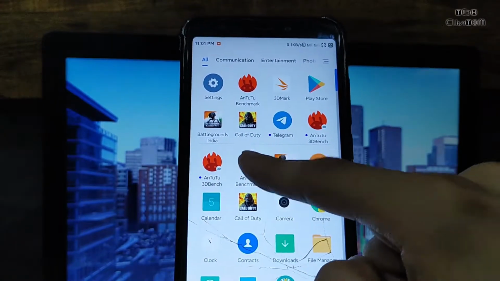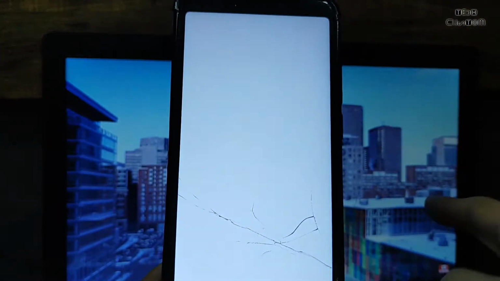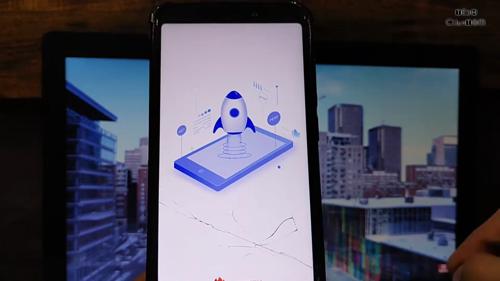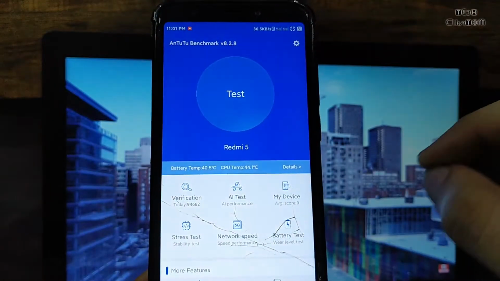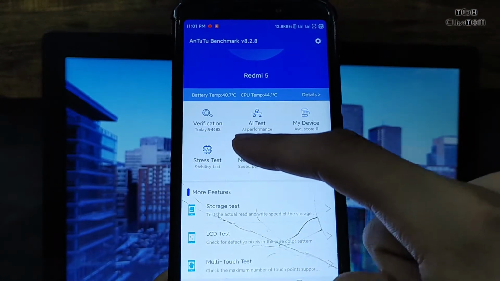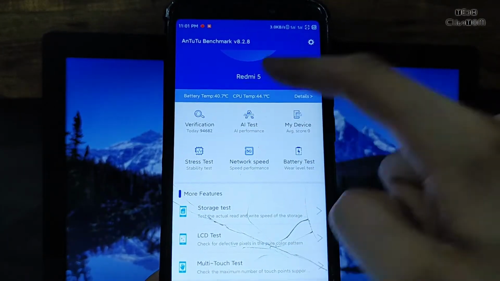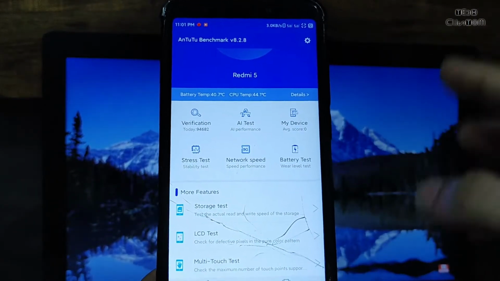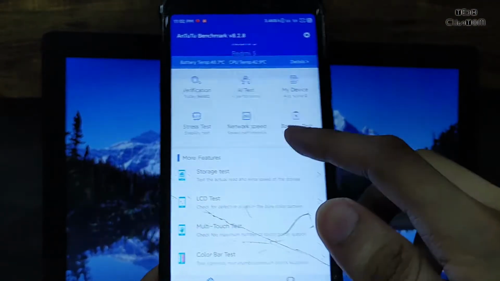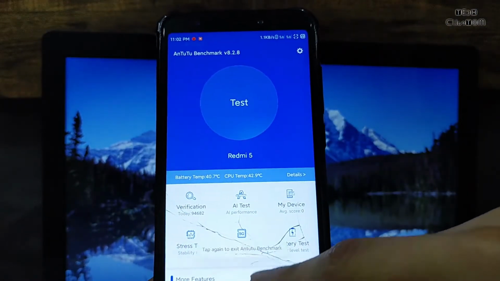And let's check the Antutu 3D benchmark test, it is not completing in this ROM. If there is any bug in this ROM, I will write it down in the description, so you must check the description. Reading mode is a bug. AOD reading mode, I found two bugs. And here is the 40.7 degree increase in the temperature. You will get 42-43 degree temperature while you are charging your device idle charge. It is not working, and Antutu benchmark is not working.